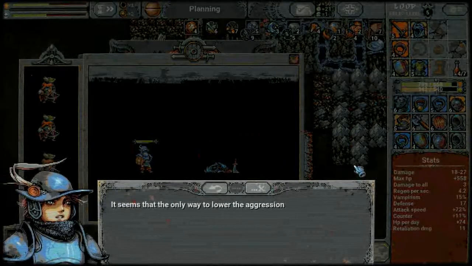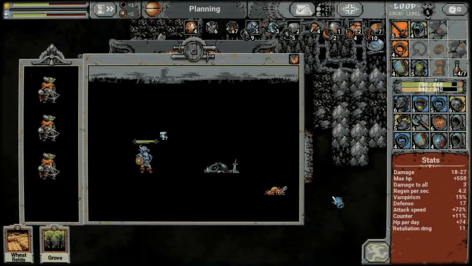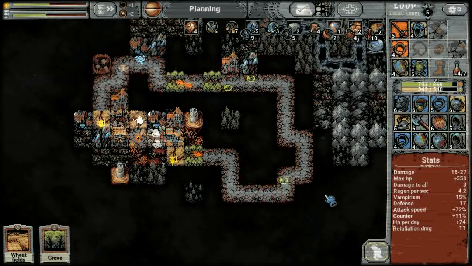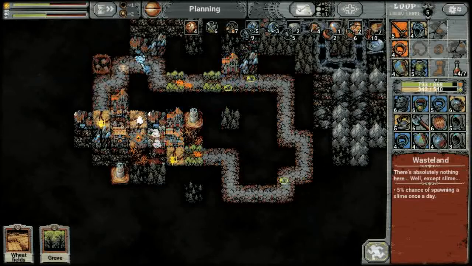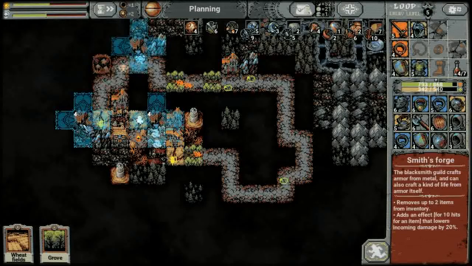It seems that the only way to lower the aggression of this world is, well, some more aggression, and another soul is lost. If it was a soul, of course. Very difficult and tough to fight if there are multiple enemies there. It's one of the reasons why I don't want to add anything over here to this spot where it's going to be injected, and where also I don't want another...